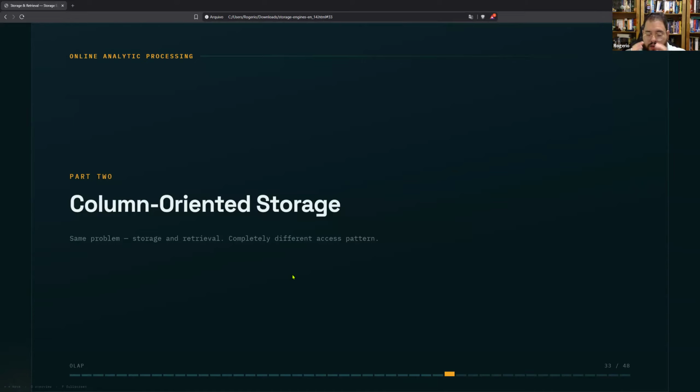But what I want to make clear today is that we have 2 main schools of thought about how we store data. That is the LSM trees and the B-trees. But both of them are based upon rows. And when you need to look at a huge amount of data related to some specific column, that's where you need to change your approach to a different database, a different storage engine that is called column-oriented storage. That I hope I can tell you some other day.